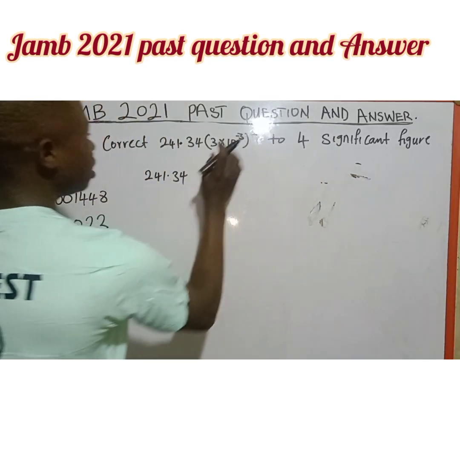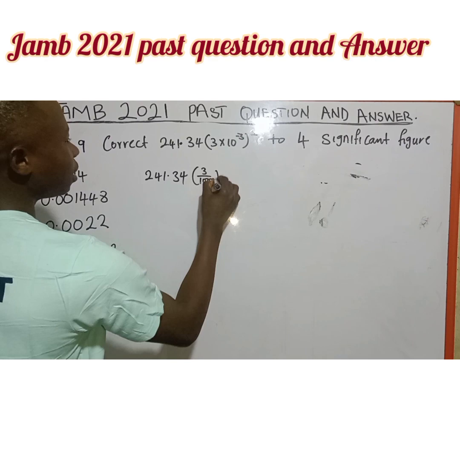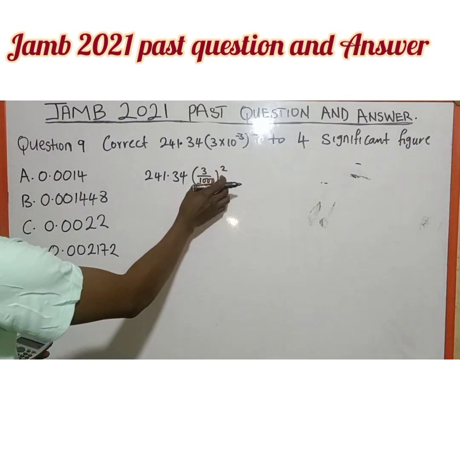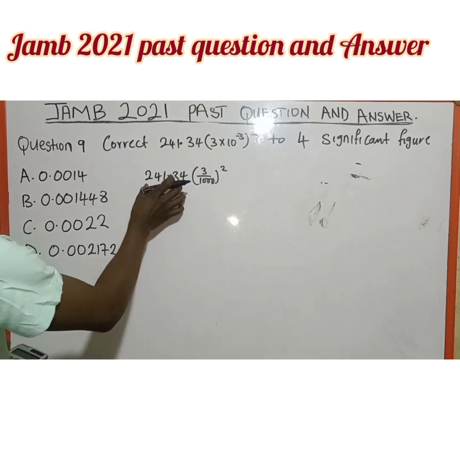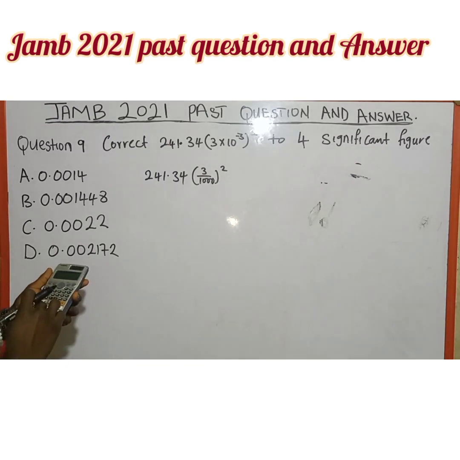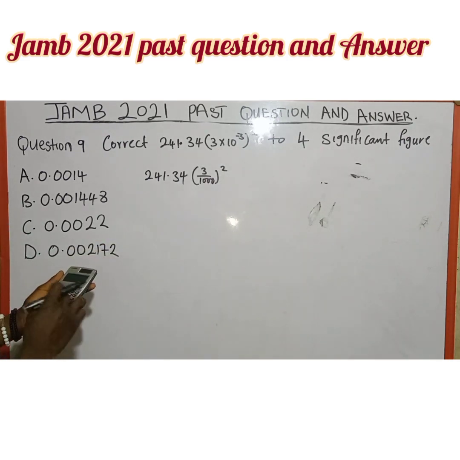So inside this bracket will be 3 over 1,000, then all squared. The first thing we need to do is to open this bracket, then we multiply our answer with this. Calculator is allowed in JAMB because there's a calculator on your desktop. So what we are going to do is 3 divided by 1,000. We divide 3 by 1,000. Then we square it, because of this square. It will give us this. Then we multiply by